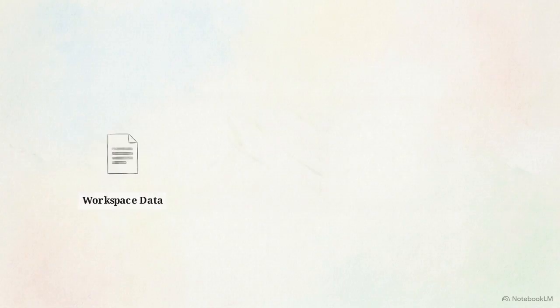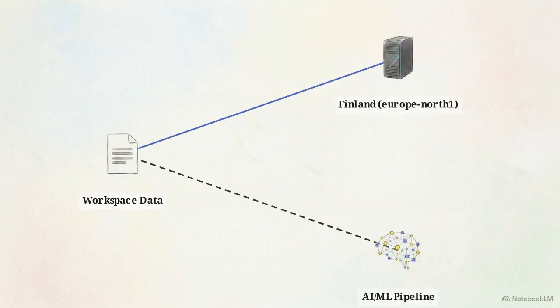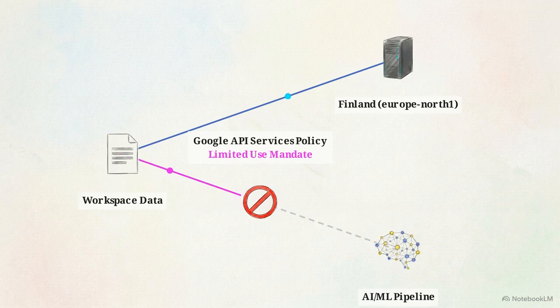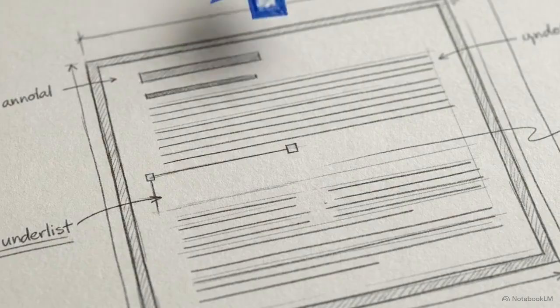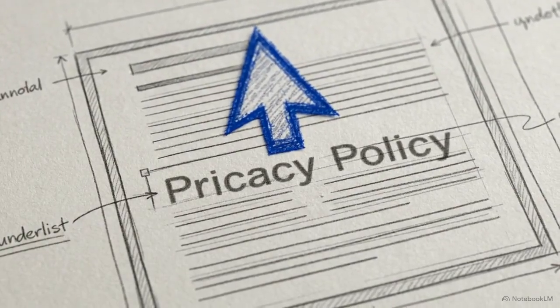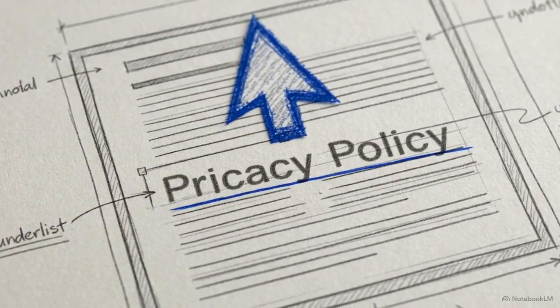This diagram shows a strict, impenetrable barrier between user data and AI models. It illustrates adherence to the Google API Services user data policy, specifically the limited use mandate. No Google Workspace data, whether raw, aggregated, anonymized, or derived, enters any generalized machine learning pipeline. Transparency and strict data boundary logic are structurally built into the user's initial touchpoint before any OAuth token exchange takes